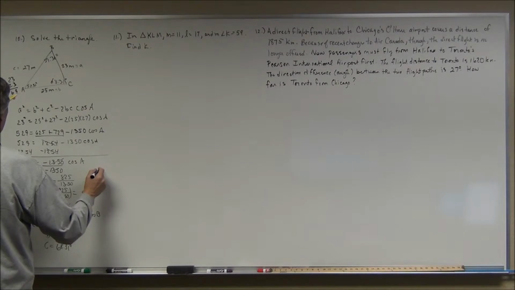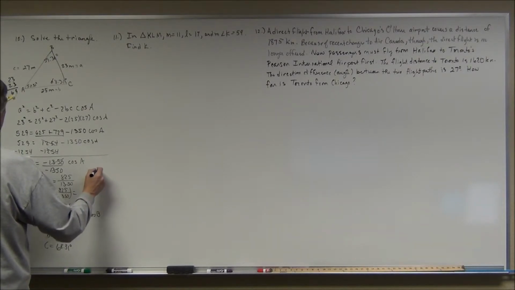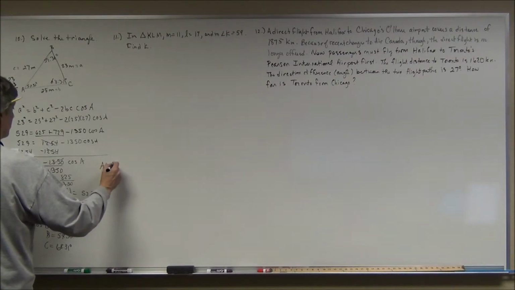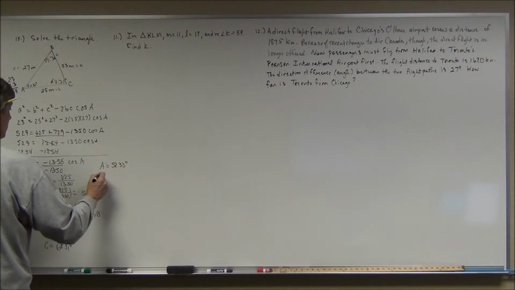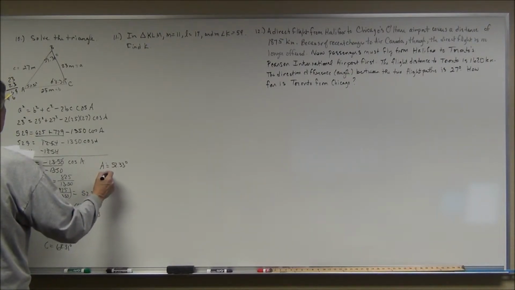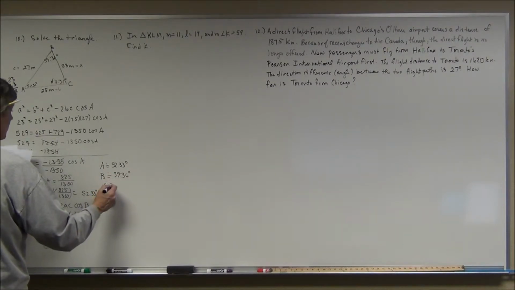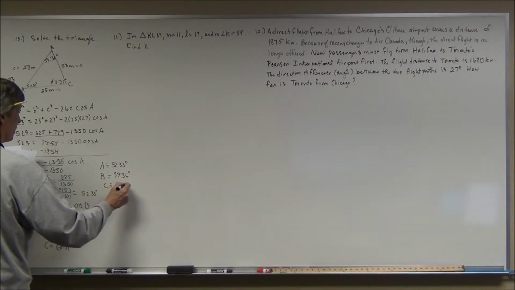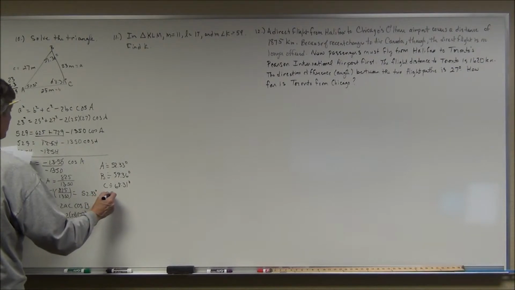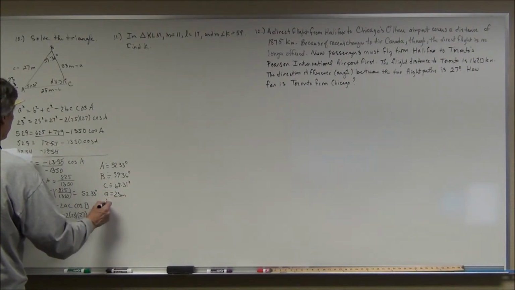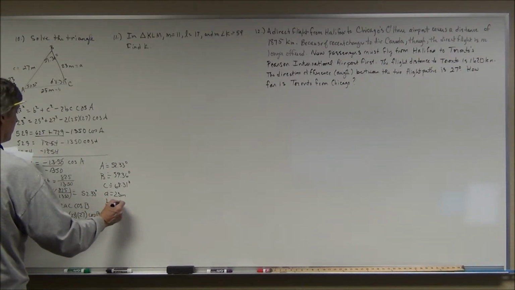I mean, you already know the sides, but I would write A is equal to approximately 52.33 degrees. I would say B is approximately 59.36 degrees, and C is approximately 68.31 degrees. And then I'd just go ahead, A is 23 meters, B is 25 meters, and